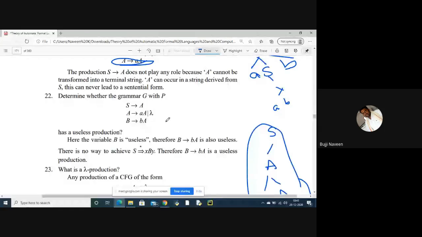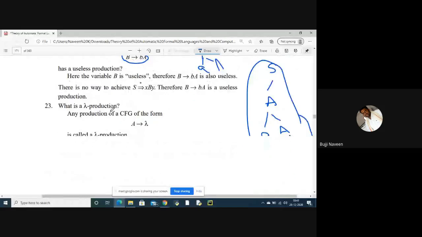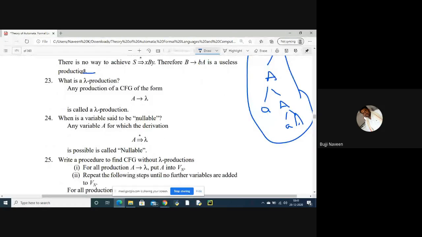Next, determine whether the grammar G with P has useless productions. We'll see here. S tends to capital A, again A tends to AA or epsilon. So these three productions are useful, and there is no capital B here. That's why capital B tends to small b, capital A is useless production. Here lambda, or you can say it is epsilon also. Epsilon is a production which